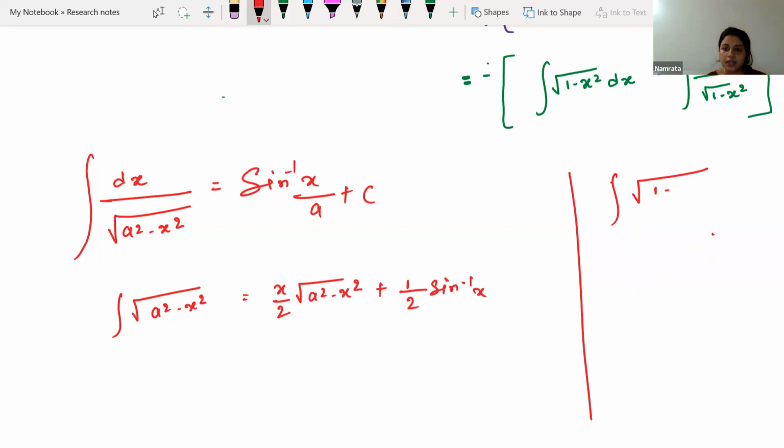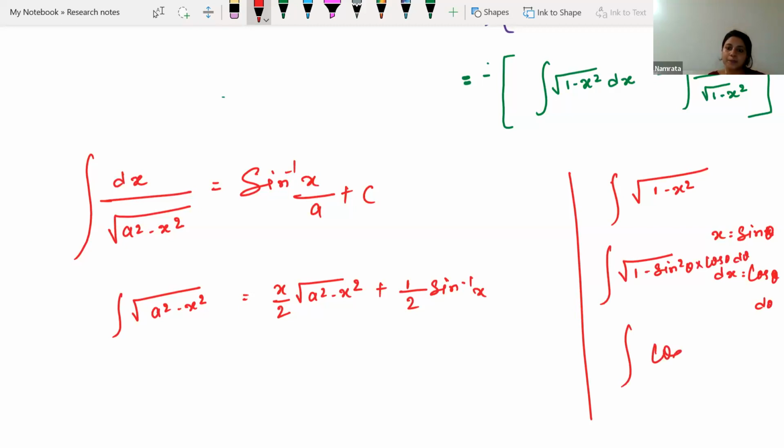So if we take x as a trigonometric substitution, sine theta, then dx will be cos theta d theta. So 1 minus x square will be 1 minus sine square theta, and dx will be cos theta d theta. 1 minus sine square theta is cos theta into cos theta d theta. So basically we got cos square theta